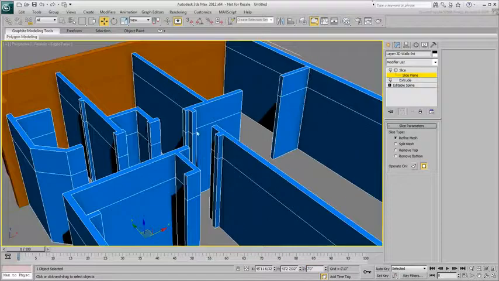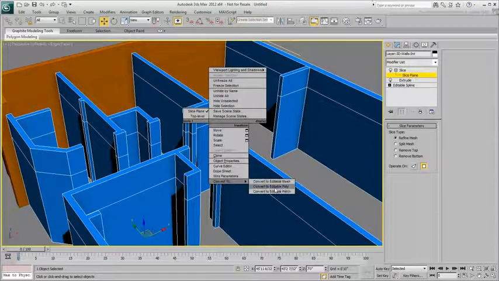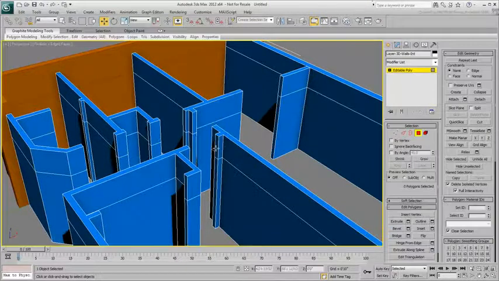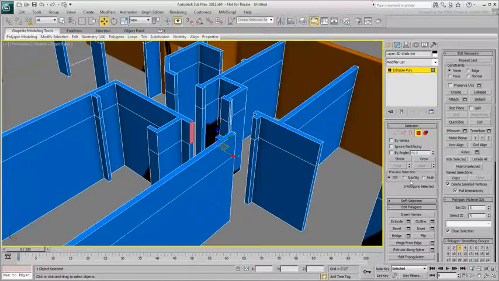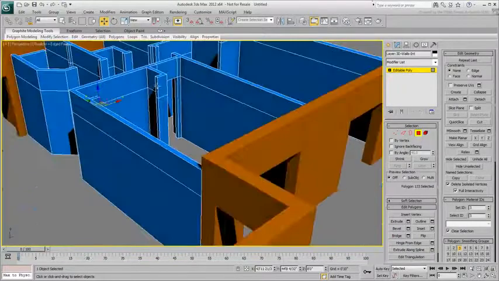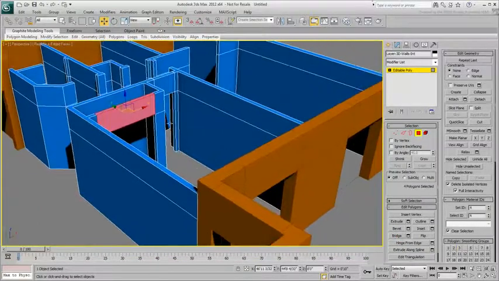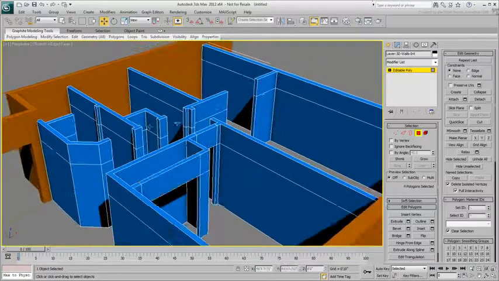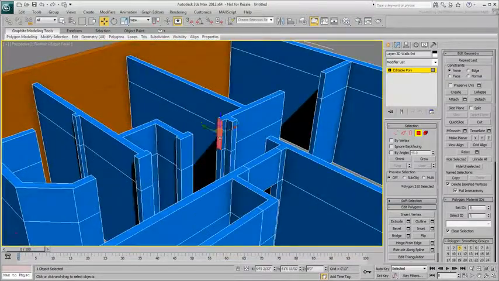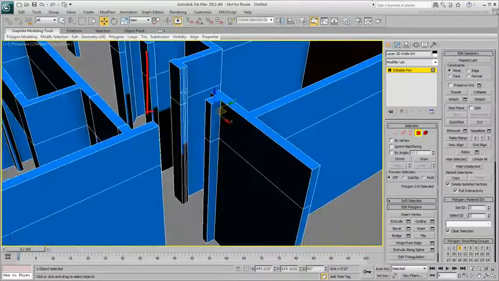Convert the walls to an editable poly and create the headers above the door openings. In some cases, you may need a bit of a cleanup before you use the Bridge tool. Notice the extra vertical segments on this part of wall. They serve no purpose and should be